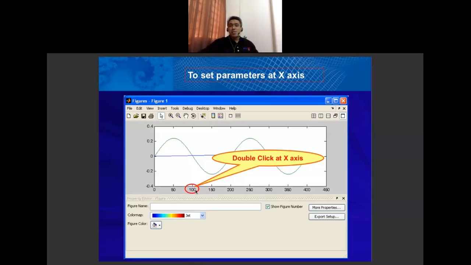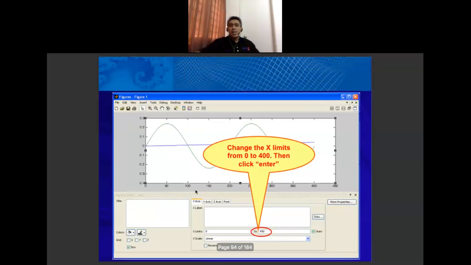Since you double clicked at add axis, the x axis will appear. So look at x limit. The x limit is set from 0 to 450 in this figure.